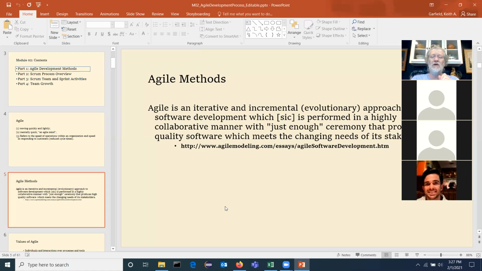Just enough ceremony. Now, what do they mean by that? Remember, engineering as a discipline has a lot of what they're calling ceremony here. It is common in, say, the physical engineering world. You know, again, when I lived in the engineering industry and we were making things for our customer, we would